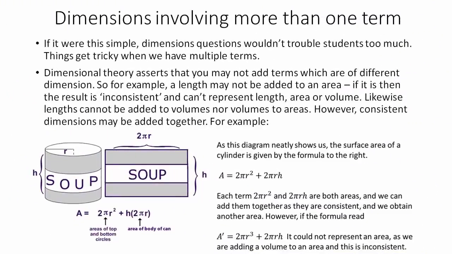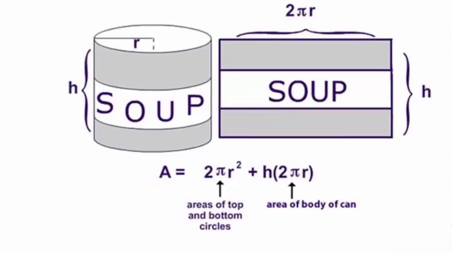Now, dimensions involving more than one term are possible, but you need to recognise that when you are adding or subtracting 2 different terms, they must be of the same dimensional order for you to add or subtract them. Now a good example of this is the formula for the surface area of a cylinder. Pi r squared for the circle on the top, a pi r squared for a circle on the bottom, so you'll need 2 pi r squareds, and then you'll need 2 pi r, the circumference of the tin, or whatever it is you're dealing with, multiplied by the height of the tin to give you the curved surface area of